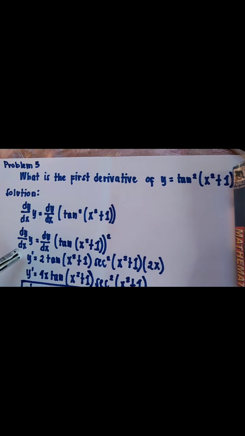Let's write it down. So y prime equals 2 tangent of (x squared plus 1) times secant squared of (x squared plus 1) times 2x. So the 2 tangent times 2x becomes